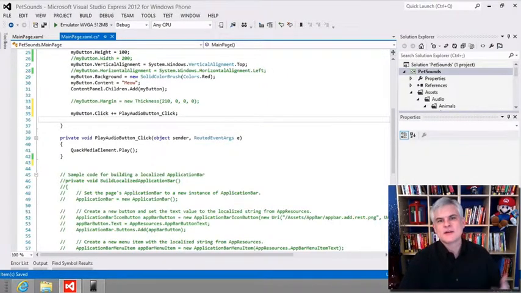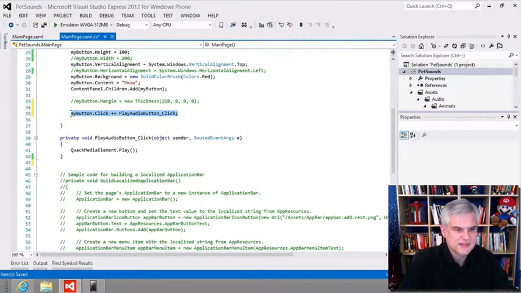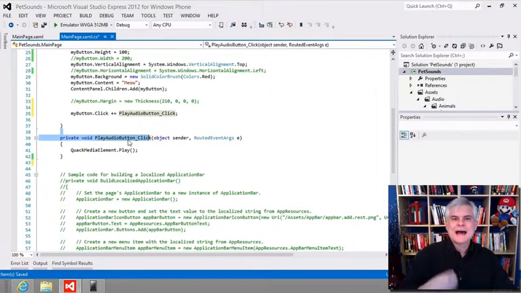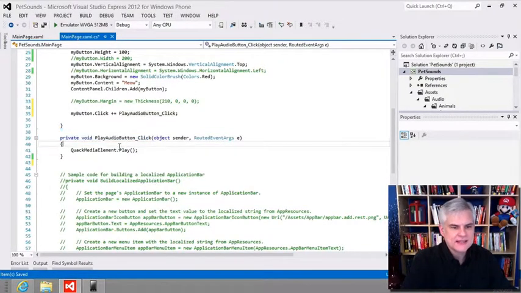One of the other interesting notes about event handler methods: with my addition of line number 35 in the code here, I now have two events both pointing to the same event handler method, play audio button click. And that's perfectly legitimate. How then can we determine which button actually triggered the execution of the method? Well, if you take a look at the declaration for play audio button underscore click, there are two input parameters. The Windows Phone runtime will pass along the sender as an input parameter. Now, since we can associate this event with any control, the sender is of type object,